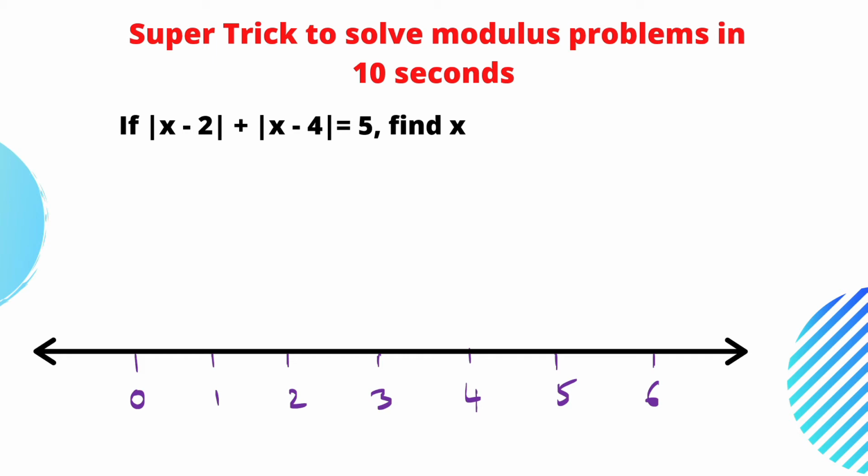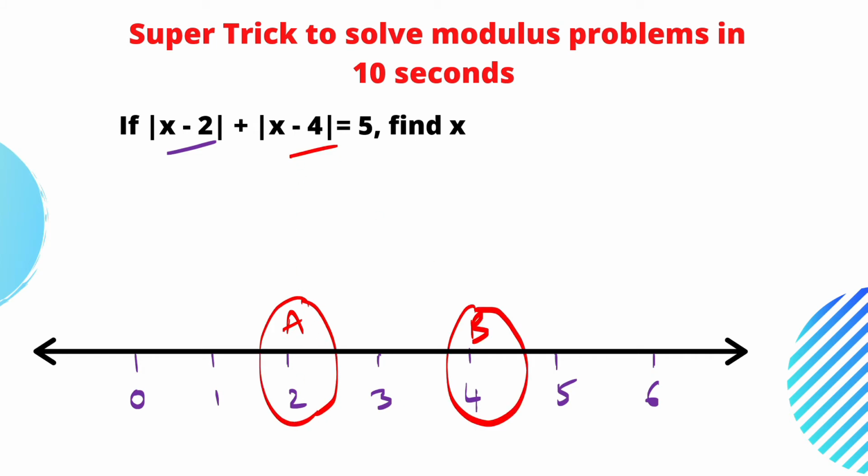Well, this means, let us say |x − 5| + |x − 2| = 5. So a is at 2. Where is b? B is at 4. B is at 4. And what is the meaning of this equation? A and b together travel for 5 units. Initially a is at 2, b is at 4.